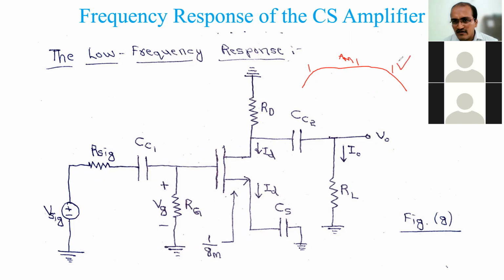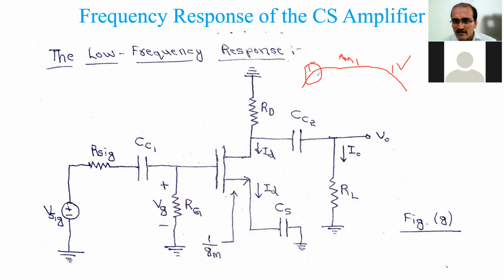The high frequency curve happens due to the internal capacitances in the MOSFET, majorly the gate to source and gate to drain capacitances. Based on that, we reduced the circuit, and finally we got the FH derivation, which is 1/2π Cin dash into R signal dash, based on the time constant. Similarly, now we are going to discuss the low frequency response part.